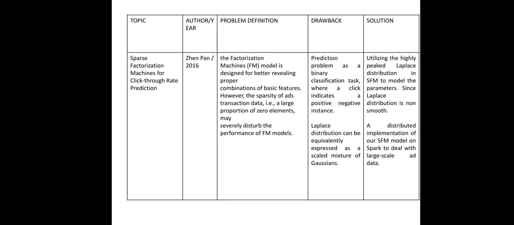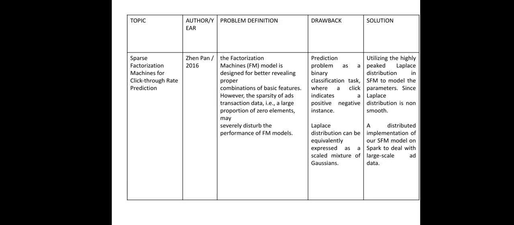Drawbacks. The prediction problem is treated as a binary classification task, where a click indicates a positive instance and otherwise a negative instance. Laplace distribution can be equivalently expressed as a scaled mixture of Gaussians. Solution.